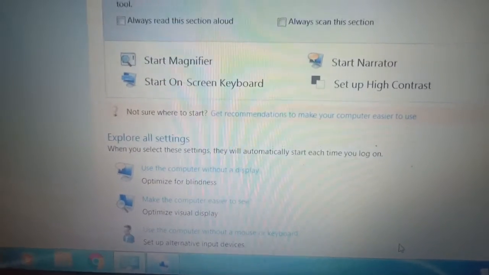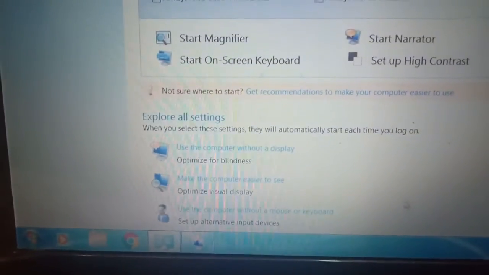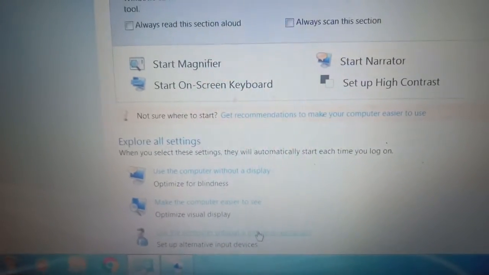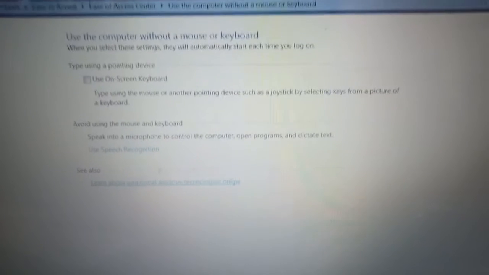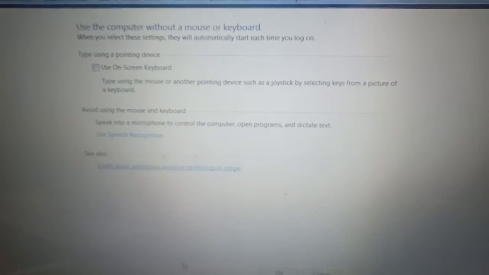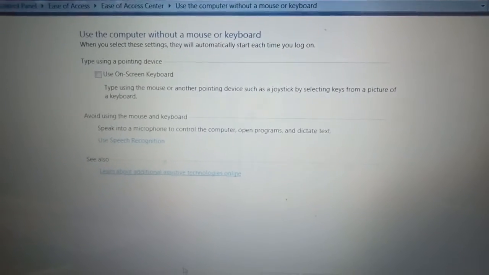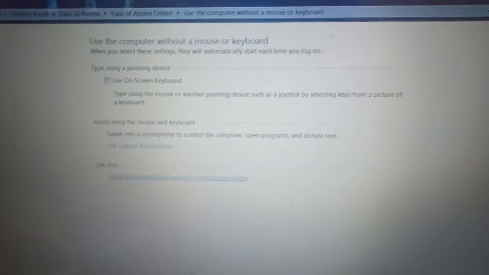The next option, as you can see, is Use the computer without a mouse or keyboard. With this option you can turn on the on-screen keyboard, so that if you are working on a laptop or any system and, for example, your keyboard is not working properly, you can use the on-screen keyboard as I had shown in the previous video.